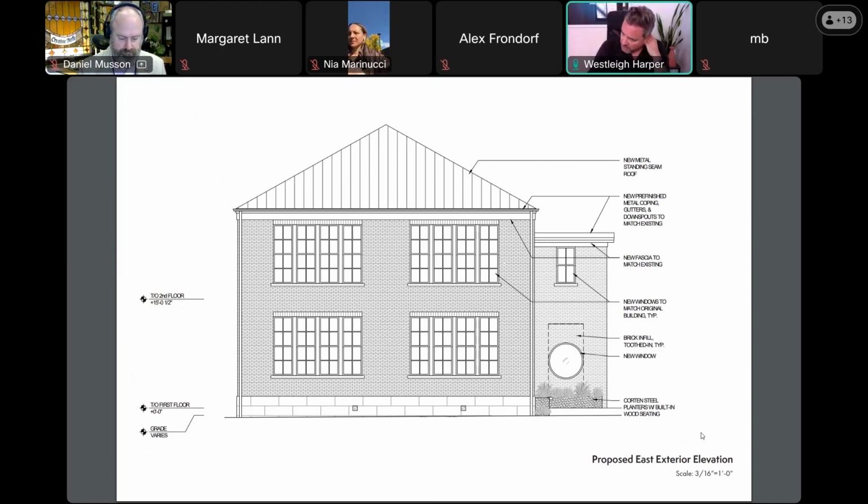Since we'll be retuck pointing and removing certain areas of brick, the idea is to reuse the brick that's being removed, clean it up, and then reuse it in some of these areas where we're filling in the brick. And since we're retuck pointing, all of the mortar that's visible would be the same color. So we think that the brick infill, which would also be toothed into the existing brick, would be as seamless as possible. Next.